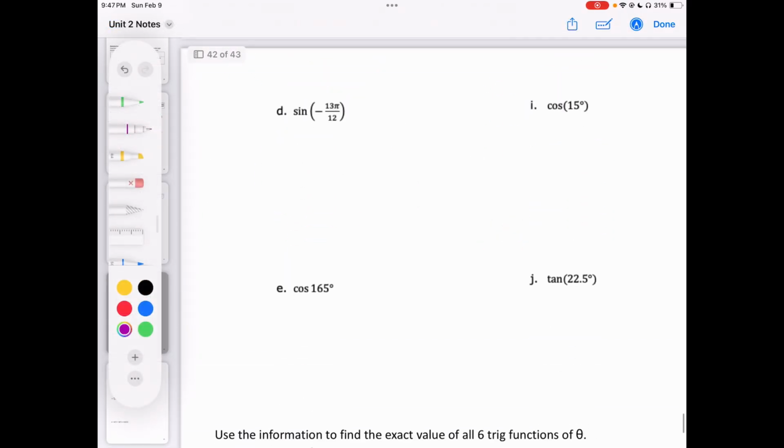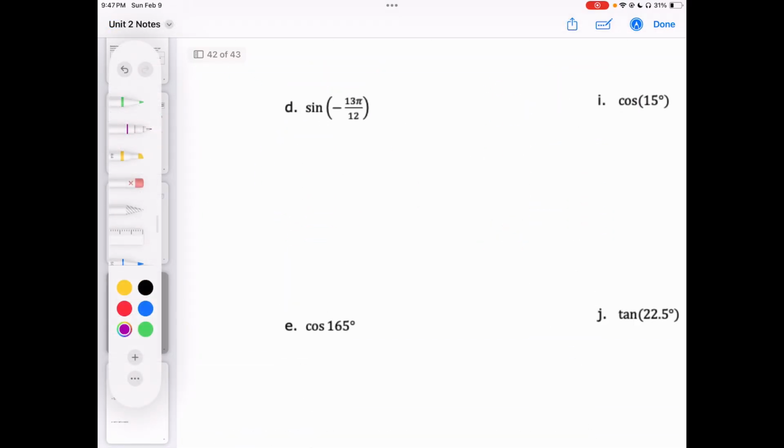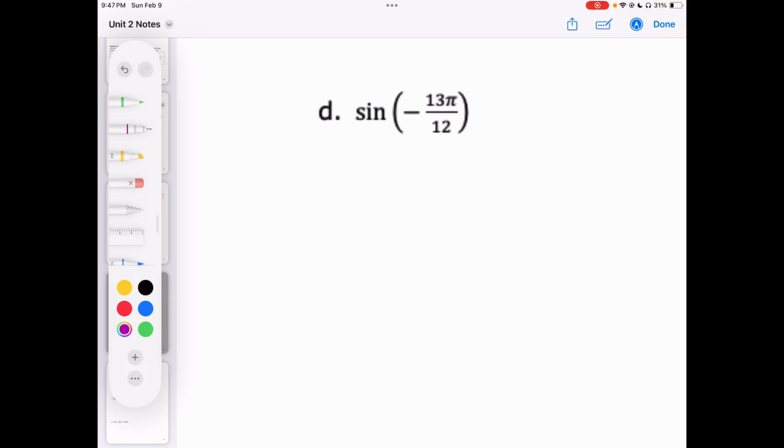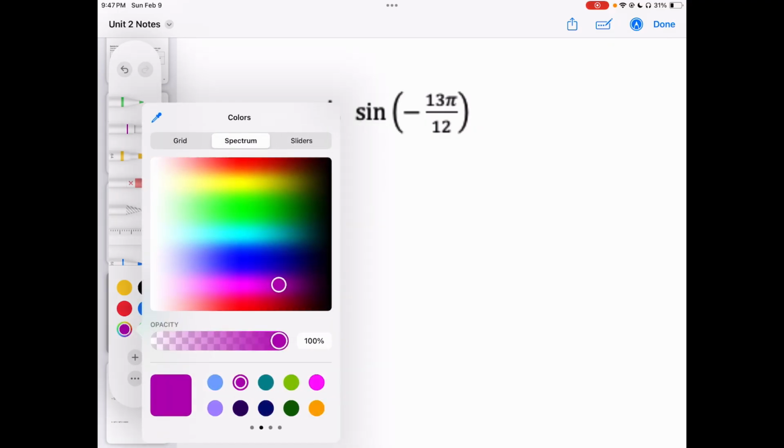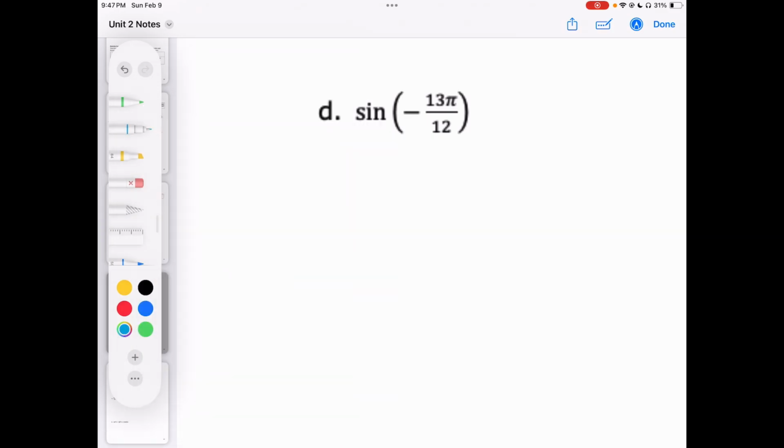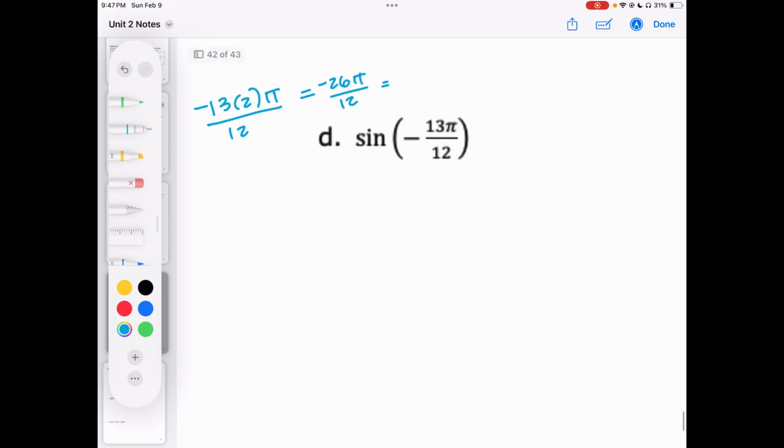Okay, let's move on to the next page. Now we have sine of negative 13 pi over 12. Mix it up. I'm going to change colors over here. Do blue. All right. So now if I double this, I have negative 13 times 2 pi over 12, negative 26 pi over 12,